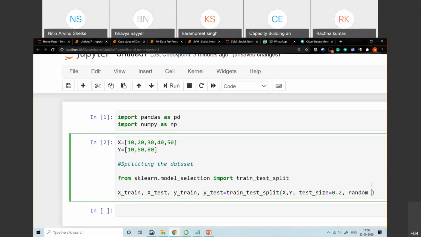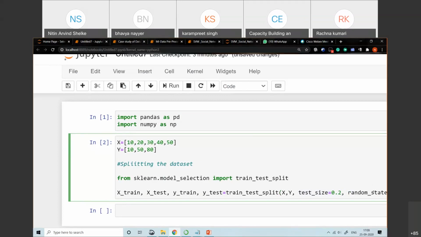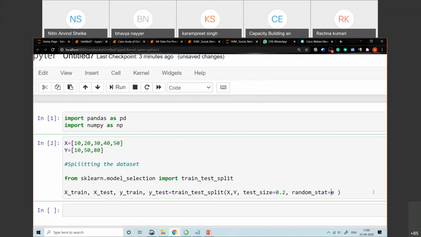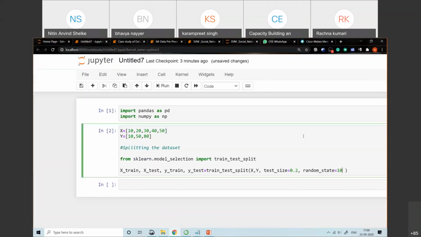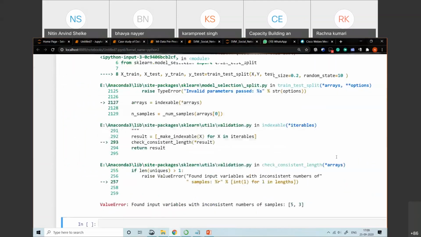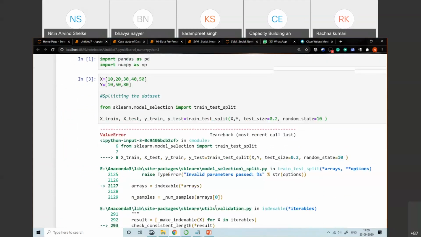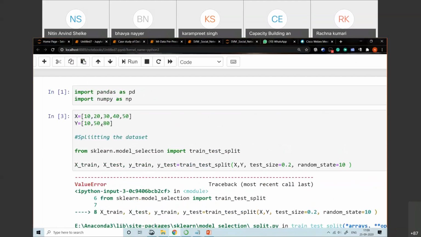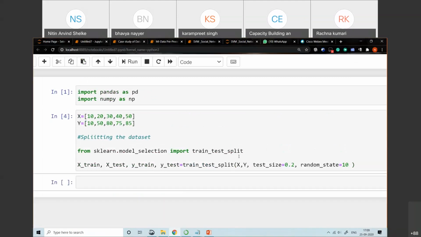So here I will explain the use of the parameters such as test size and random state is equal to any value. Random state, let's take a value here, 10. Okay, now let me execute that with the variables.